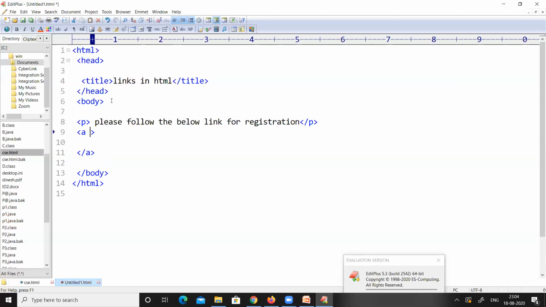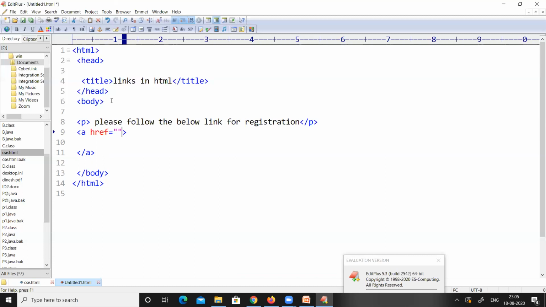Among those attributes, an attribute called href is very, very important. For this href attribute, we have to provide some value, and that value should be the document or an image which we want to be opened when we click on the particular link.